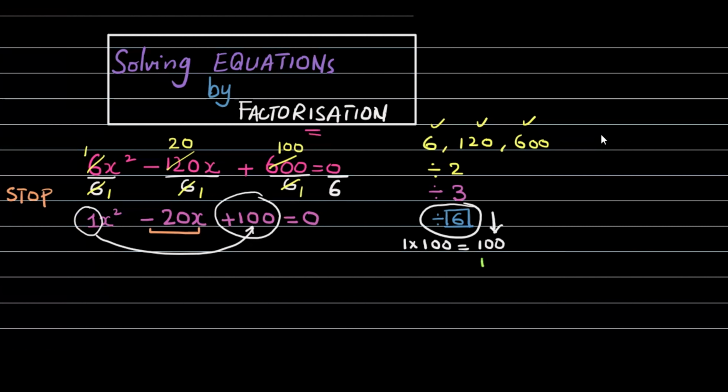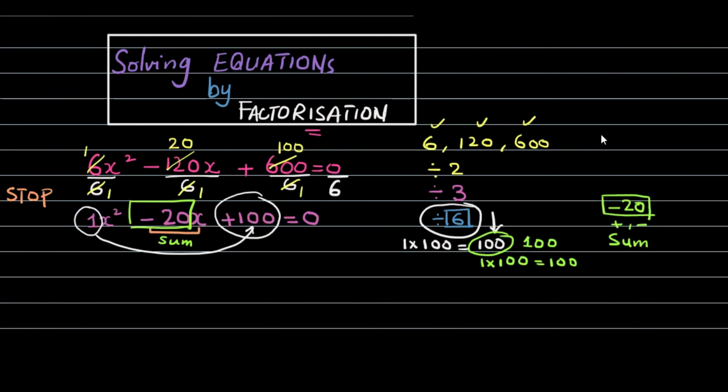For example, I'm saying 1 times 100 is 100. अब 100 multiply करें तो answer should be 100. But अगर add या subtract का sum बनाएं तो it should be a middle term. And what is your middle term? Our middle term is minus 20. Means multiply करें तो 100 आना चाहिए, और अगर plus minus करें तो it should be minus 20.